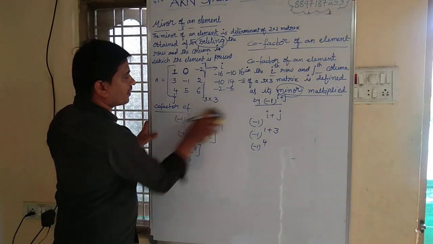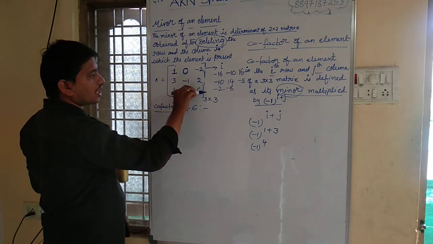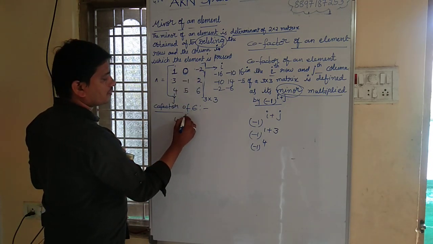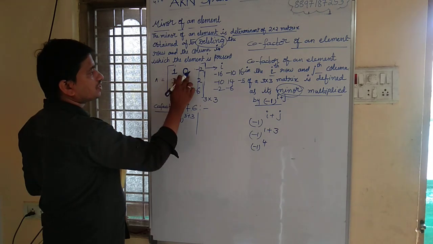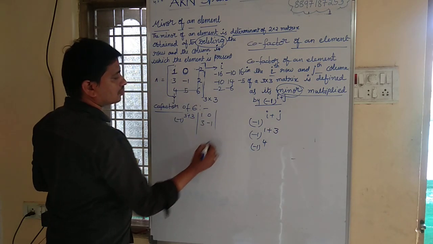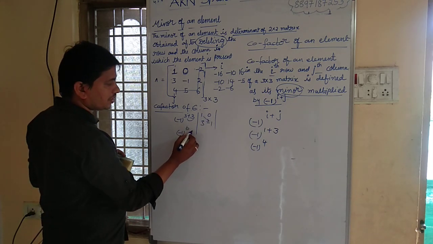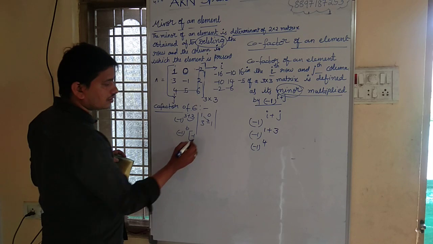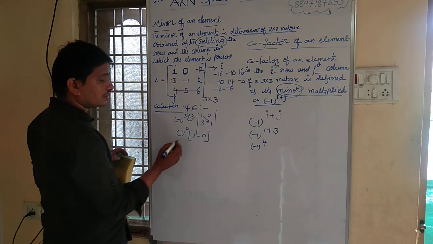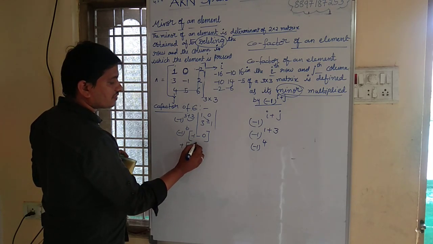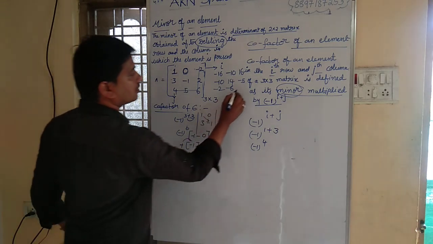Now coming to cofactor of element 6, which is there in third row, third column. I mean minus 1 to the power 3 plus 3. Corresponding row, corresponding column you remove. 1 0, 3 minus 1. Minus 1 to the power 3 plus 3, 6, children. a1 b2, 1 into minus 1 minus 3 into 0, 0, children. Minus 1 to the power even number, even number means plus. That is equal to minus 1 minus 0, that is minus 1. Plus into minus, minus 1. So what is that? Minus 1, children.